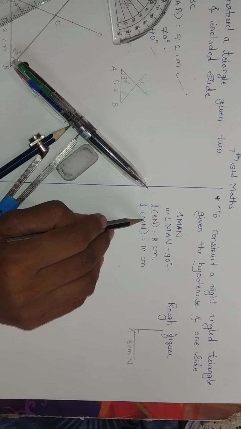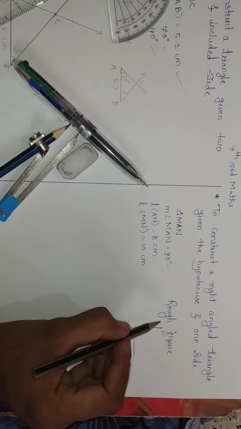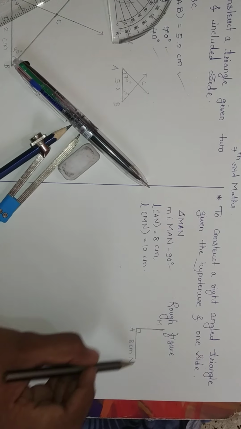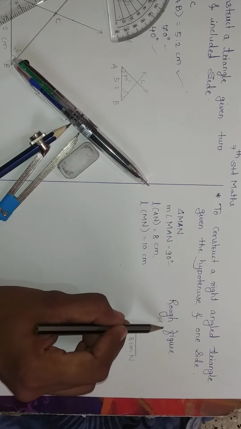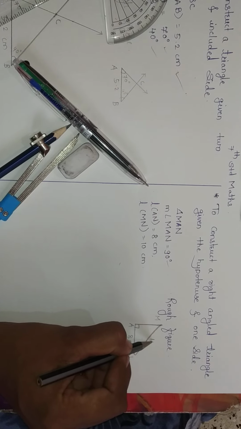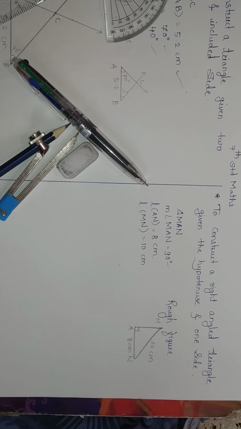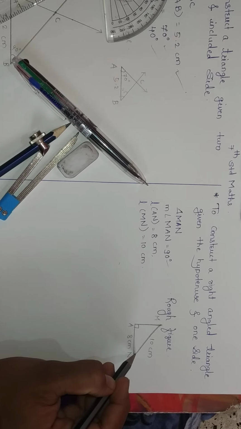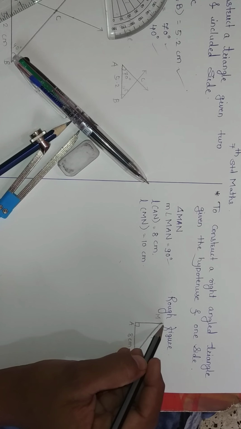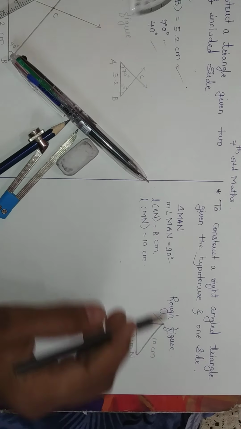Now if you observe M and N, you know that angle A is 90 degree and N is here. So you can get your M point here. Your MN, the hypotenuse, is 10 centimeter. So your MN can occur in this way. In this way we have to draw the figure. We have to put our compass point on N, take the measurement of 10 centimeter in our compass, and draw an arc in this way. Then we can draw the figure.